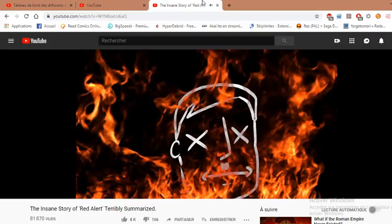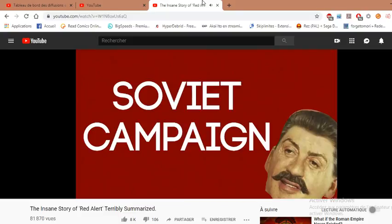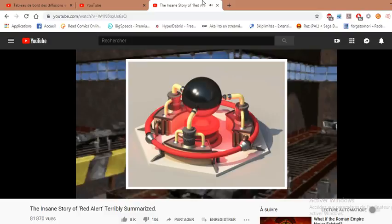Each Command & Conquer game has multiple endings because you can play as both sides, and since there's multiple games, well, some endings just aren't going to be canon. If you play as the Soviets, then hot dog congrats, baby. You get to lead the invasion of Europe, country by country, using your strangely advanced technology like iron curtains and Tesla coils, as you slowly make your way to